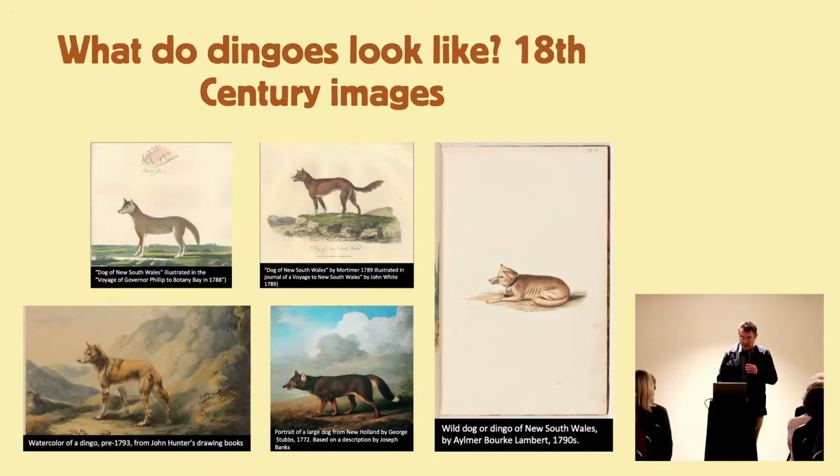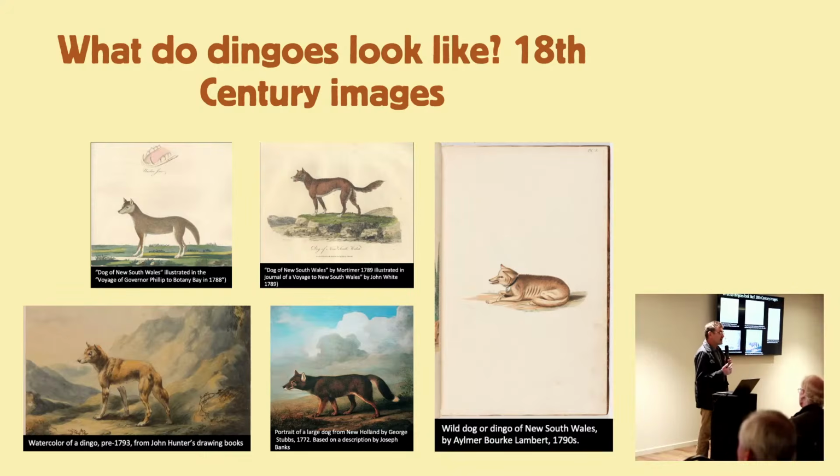But anyway, the main take-home I want you to get from this is that the colour's a bit variable. Now, whether we consider the colour reliable or not is another thing, but it's variable. But there are some things that are quite consistent amongst all these images. Maybe I'll ask you guys to tell me what's consistent about them. Ears, tail. Okay, so there are some consistent characteristics, which probably all of us could say, well, actually, they all look a bit dingo-ish.